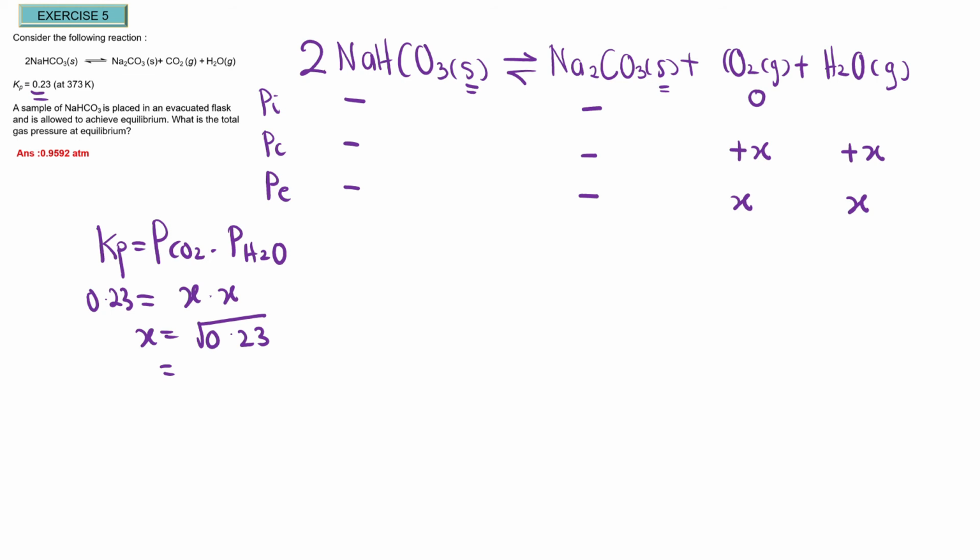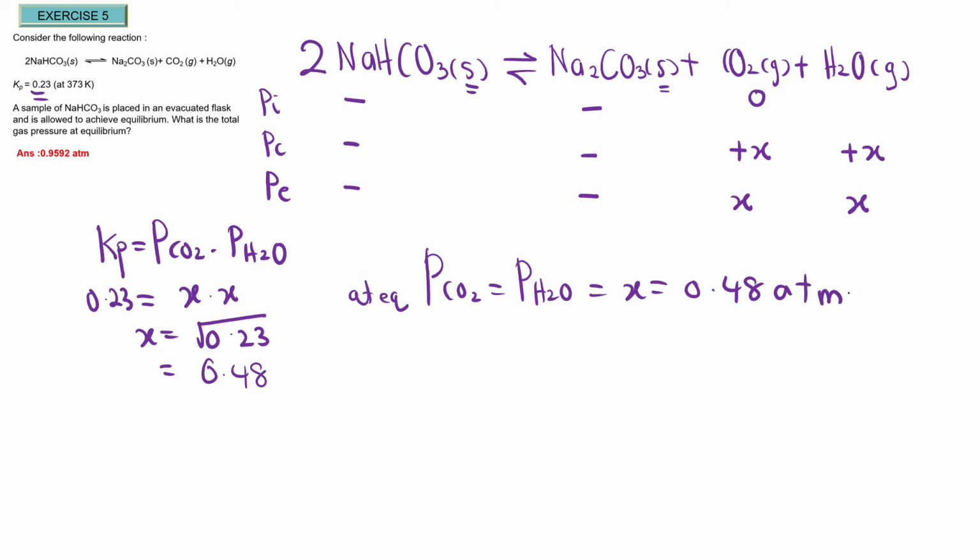So the answer is 0.48. So x is the pressure of carbon dioxide at equilibrium. Pressure of carbon dioxide is equal to pressure of H2O gas, equal to x, which is 0.48